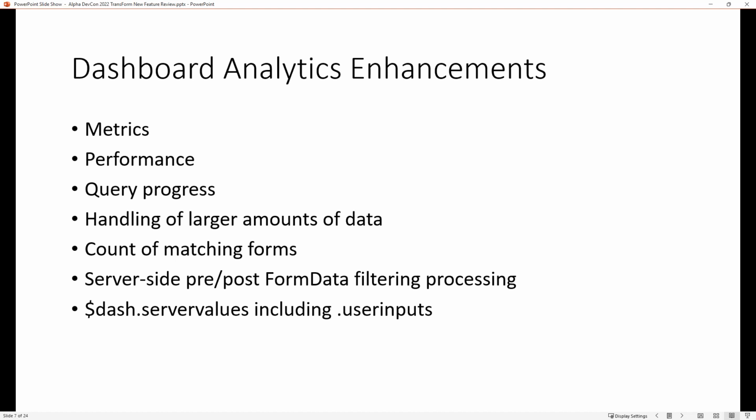Well, if you have a large number of forms with lots of data in it, that's a lot of data to send back when all you may want is the count of how many. And a count is very quick in SQL, and we've added the ability to just say, tell me how many